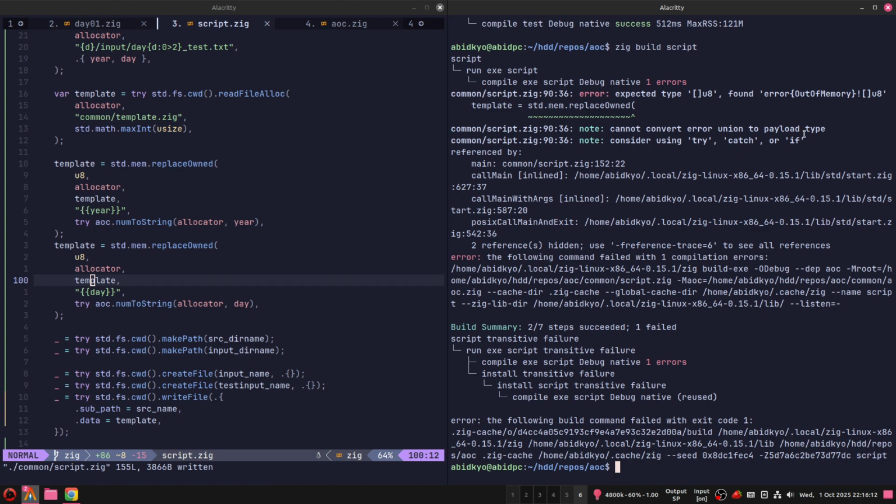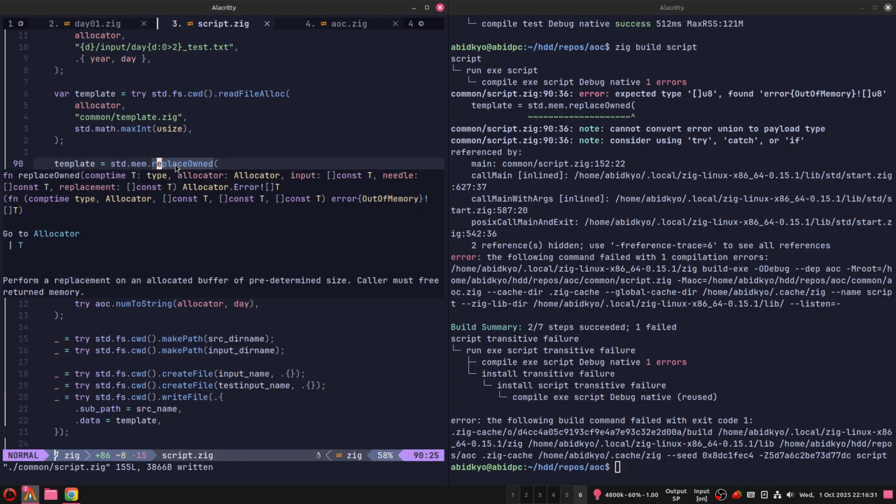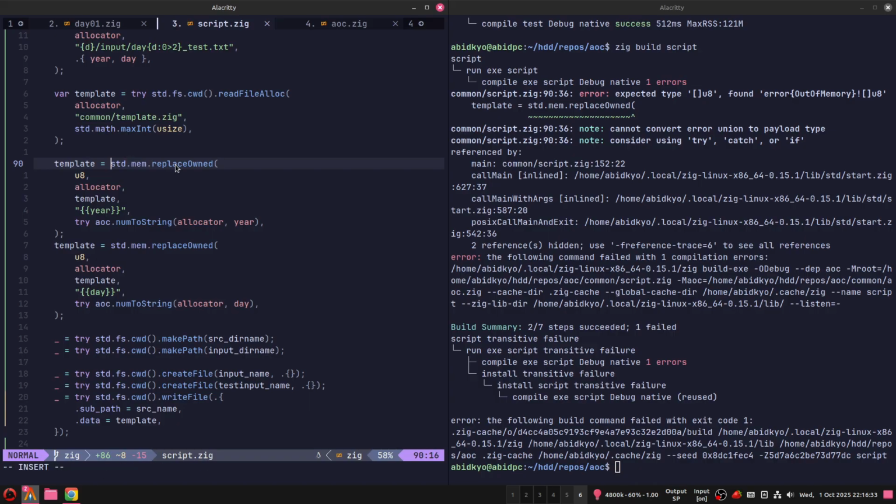Cannot convert error union to payload type, use try, catch or if. I did use try here. Okay, I need to use this as a